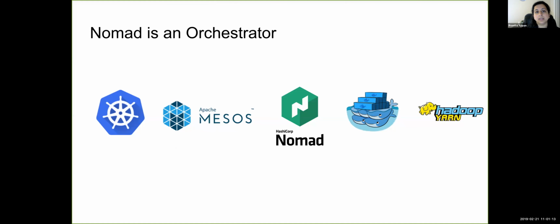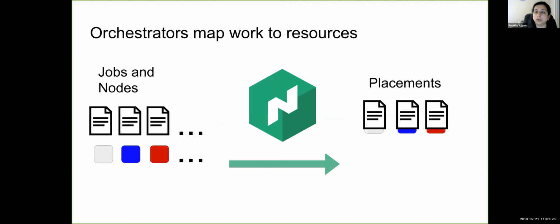So Nomad is a cluster orchestrator. It operates in the same problem space as some of these other projects that you might be familiar with, such as Kubernetes, Apache Mesos, Docker Swarm, Hadoop Yarn, etc. And the core purpose of an orchestrator is to map work to resources. So given a set of workloads or jobs that you want to run and some compute capacity that you have, the orchestrator is responsible for figuring out the best